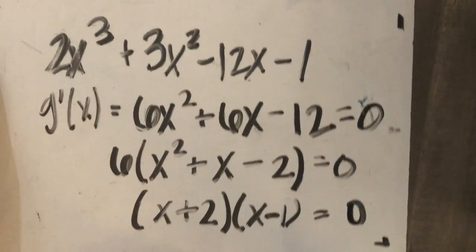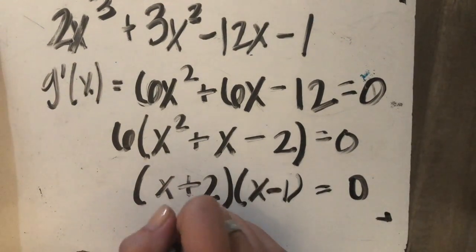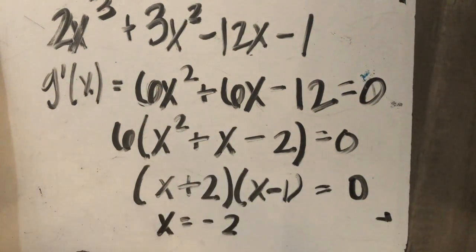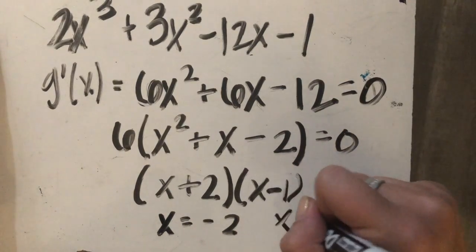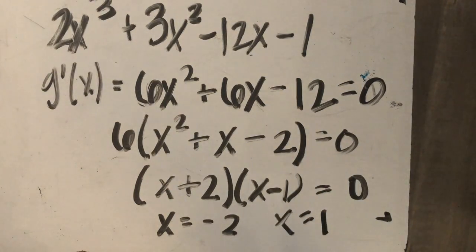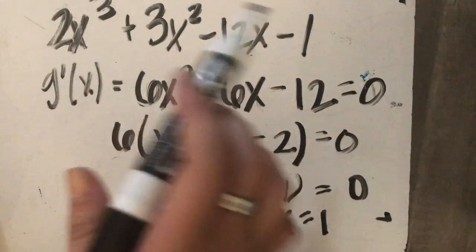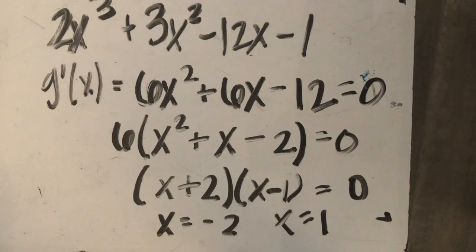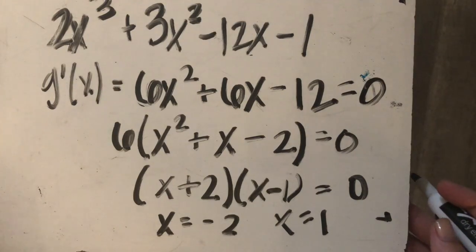Okay? Now that means that x equals -2, and that x equals +1. So those are my critical numbers. This is a polynomial function, so nothing can possibly make it undefined. There's no denominator in it, okay? So I don't need to think about that. So now I am going to make my